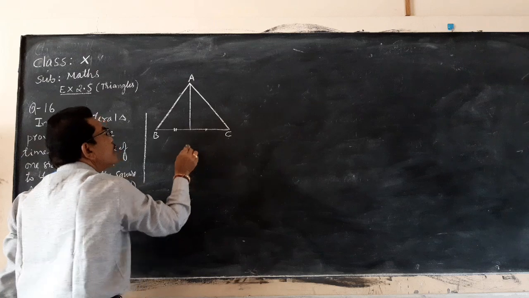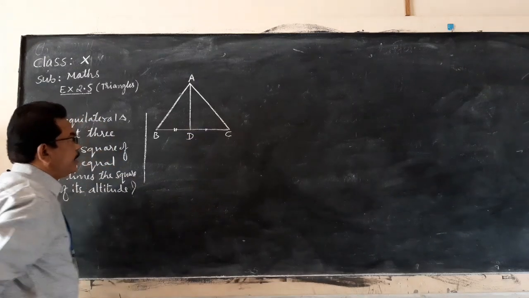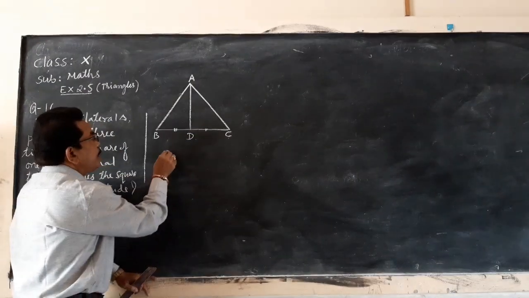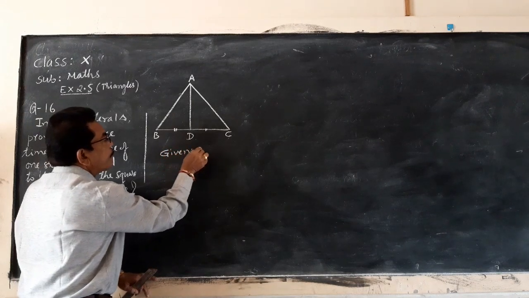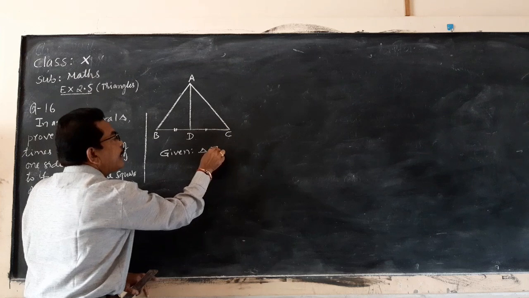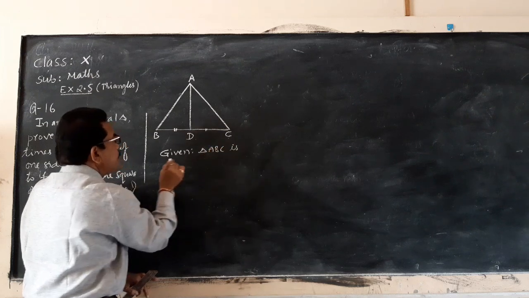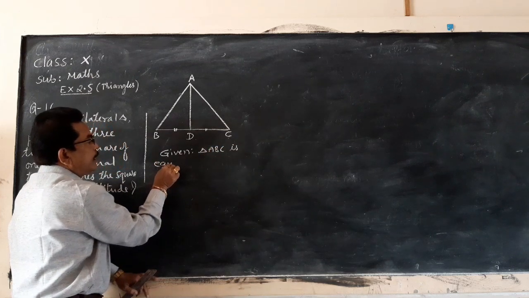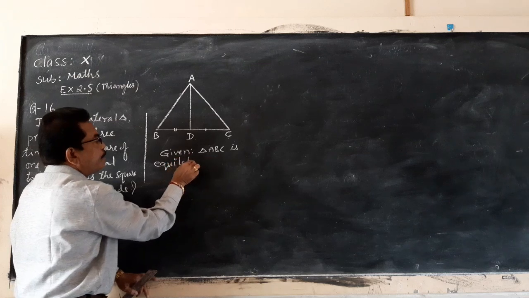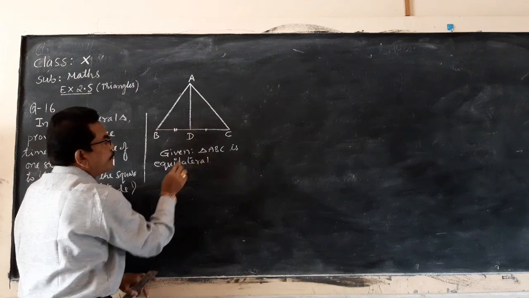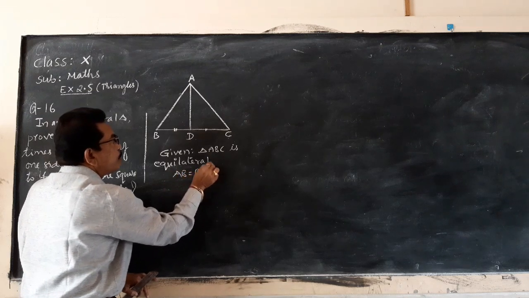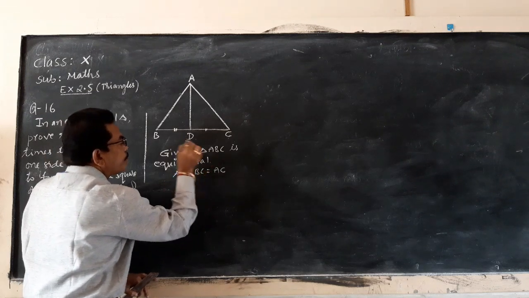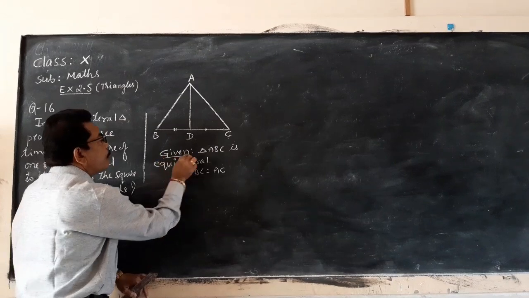B, C, this one is D. In the triangle given, triangle ABC is equilateral. AB equals BC equals AC. Then to prove,